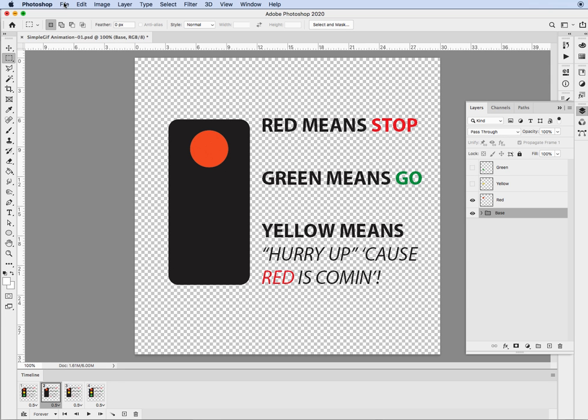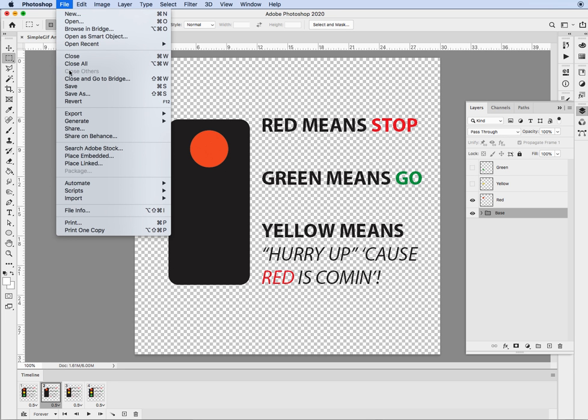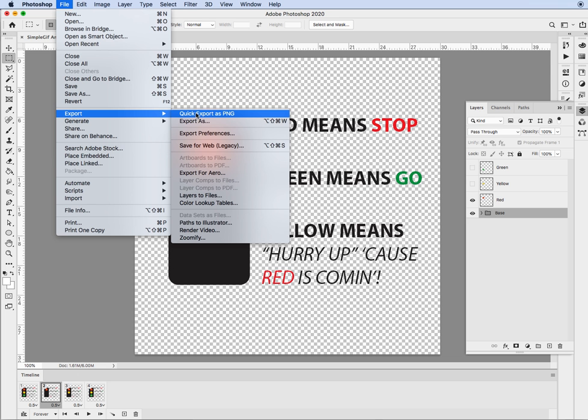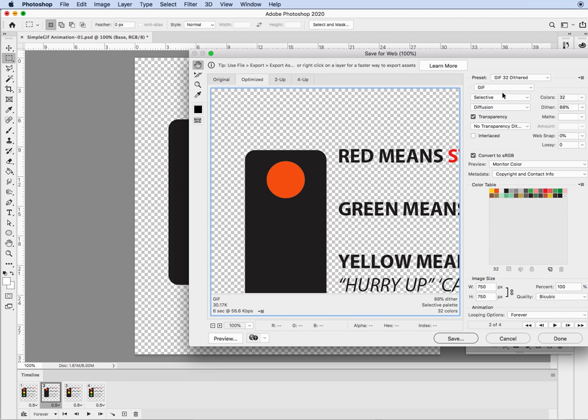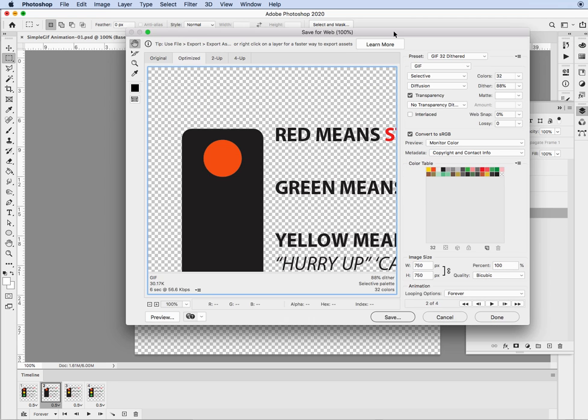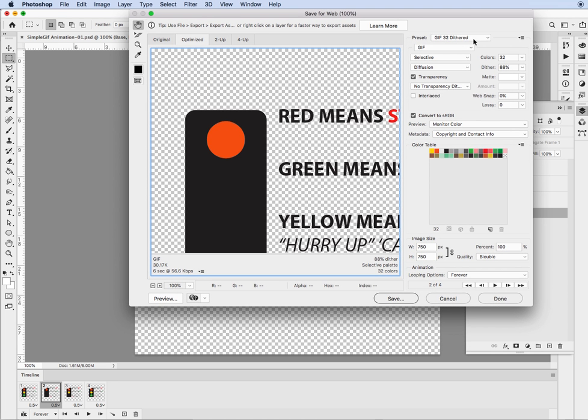Next up, we're going to go up to File, drop down to Export, and then we're going to choose Save for Web (Legacy), and say OK. And then we're going to get this dialog box. Now I'm not sure what all of this stuff means, but if you notice, I'm going to tell you to save it as a GIF,